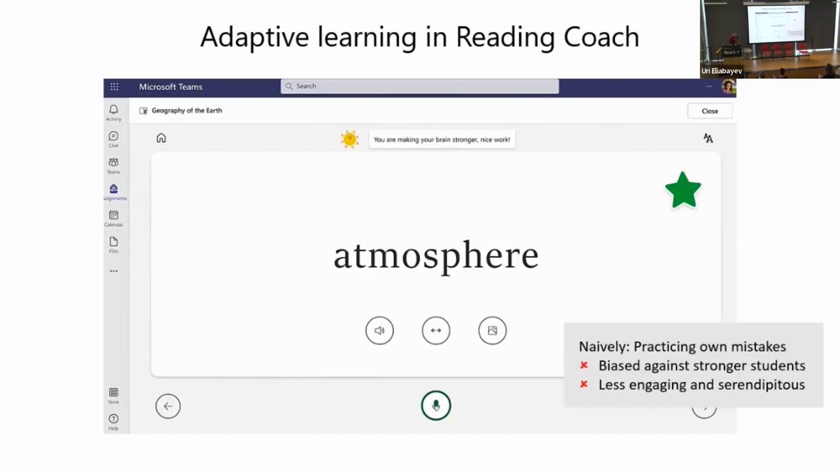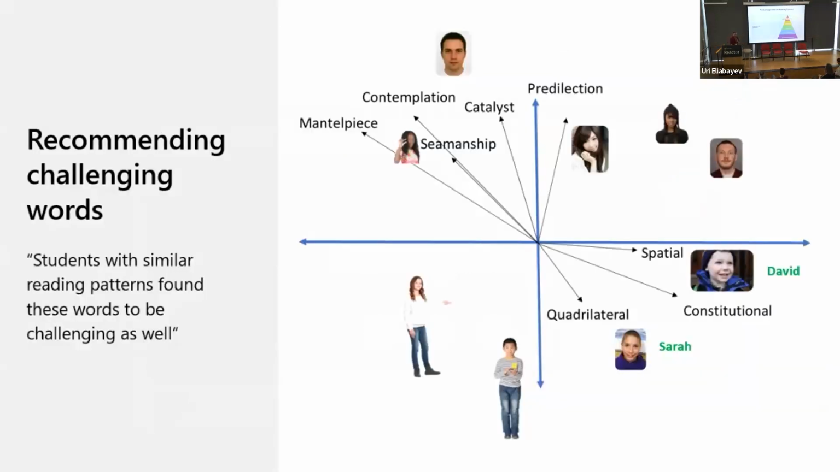So the first thing that I want to show you is how we use a recommender system to improve over this naive approach. What we did is we relied on collaborative filtering, and we built a model that maps students and words to a shared latent space, such that proximity in the space means that certain words are challenging for the same underlying reasons. In essence, we can recommend more challenging words to David, for example, on the right here,